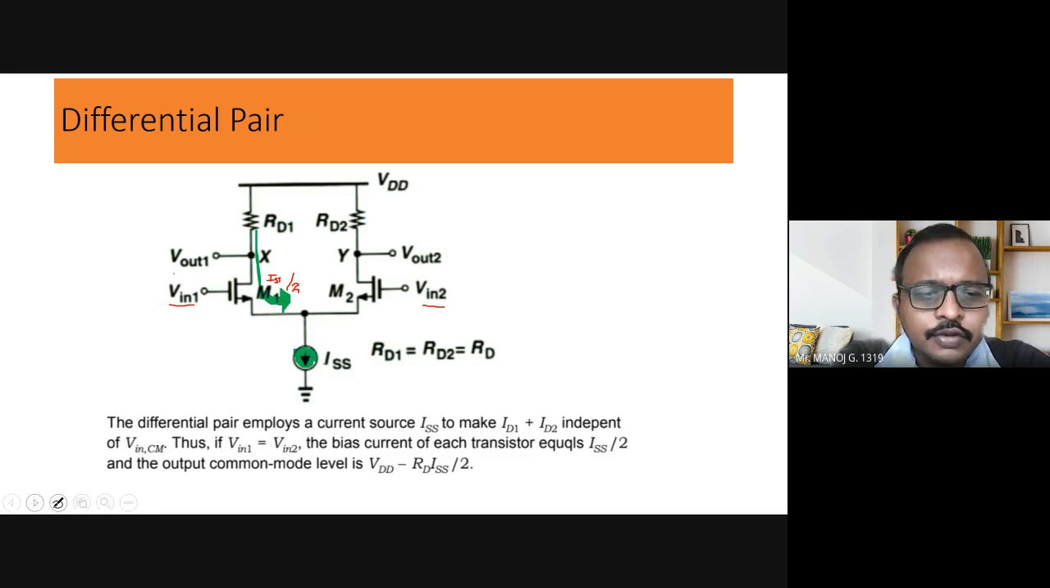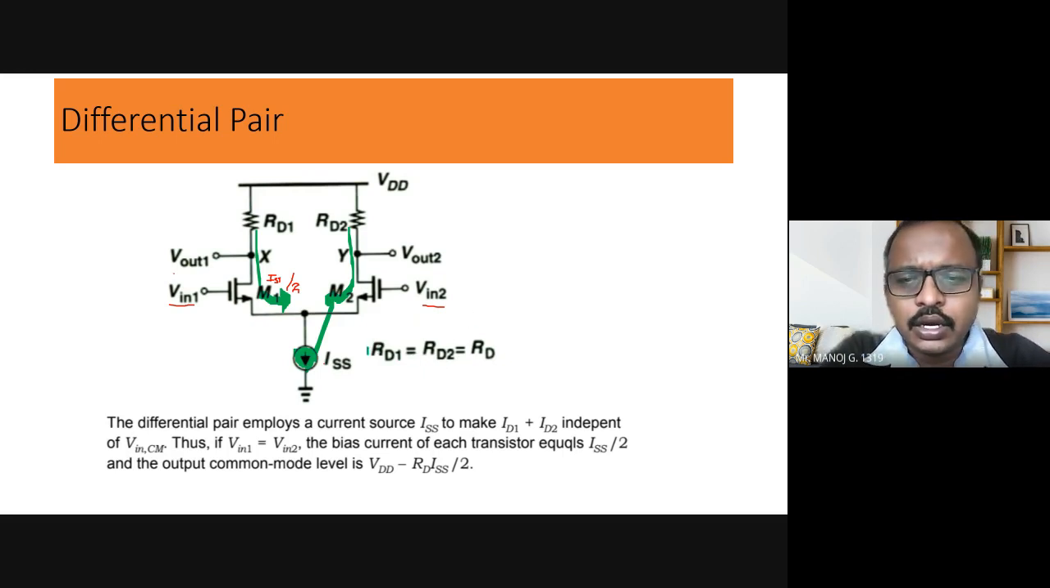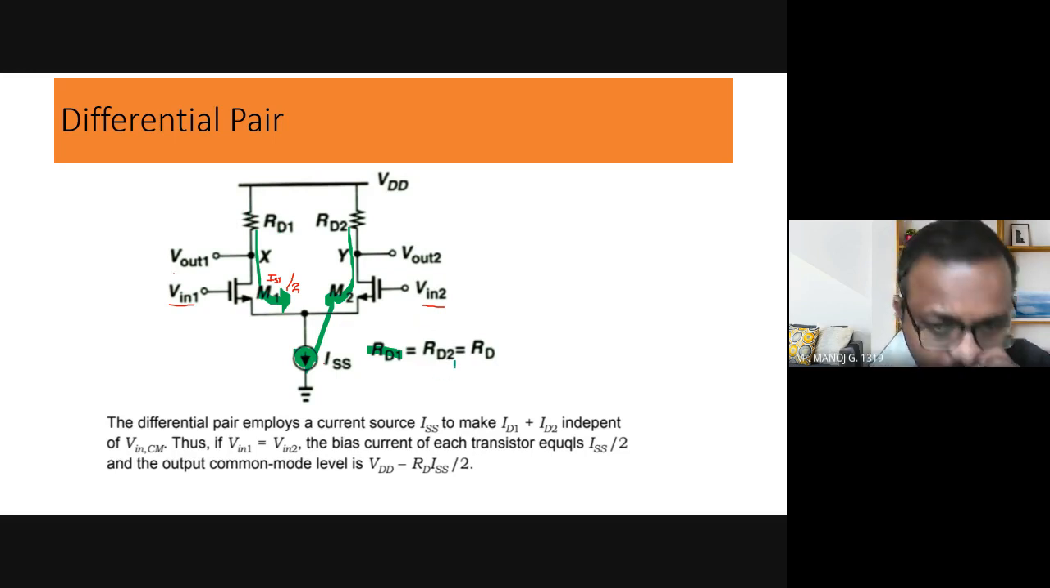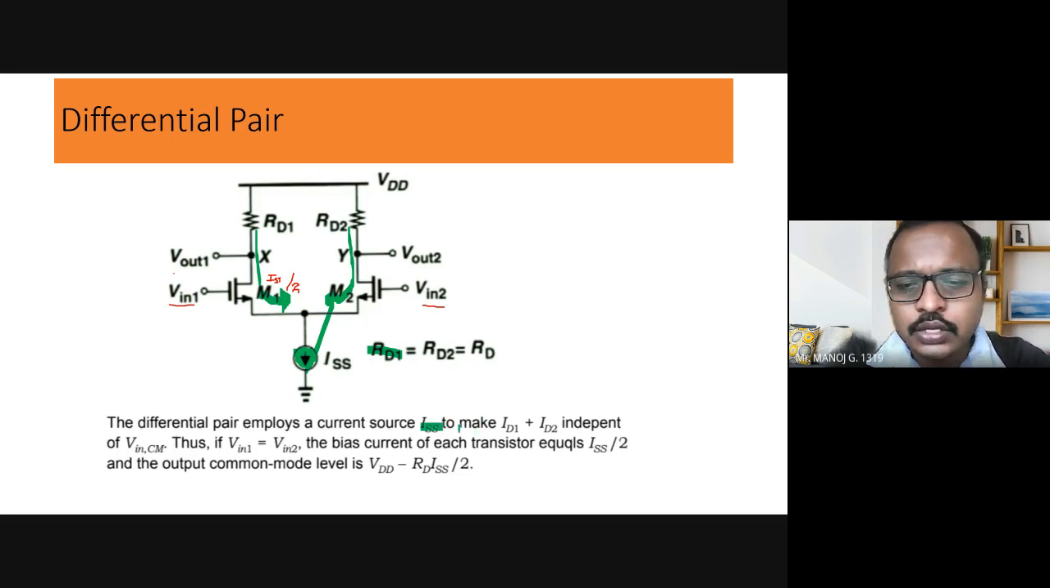So the remaining half would obviously be flowing through the other end. The total current which is flowing at this particular point is ISS. Okay, so if I assume my RD1, that is this resistance and this resistance, to be equal, the total current is ISS. If my Vin1 and Vin2 are same, both are getting equal value of biasing, then my output voltage is VDD minus,